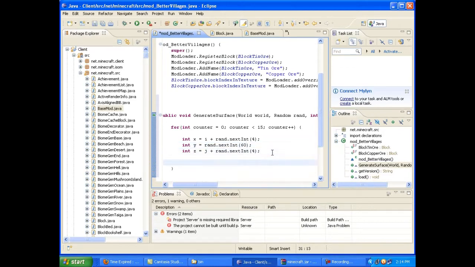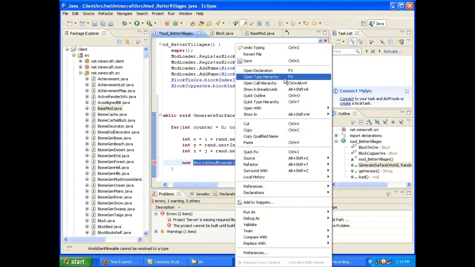After that, you'll want to come down here and do new WorldGenMineable. This world gen controls what spawns in stone, basically whatever's below you in the ground. And open close parentheses. And if you were to highlight WorldGenMineable and open its declaration,